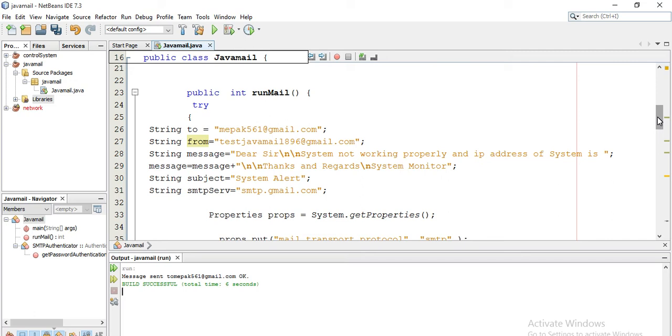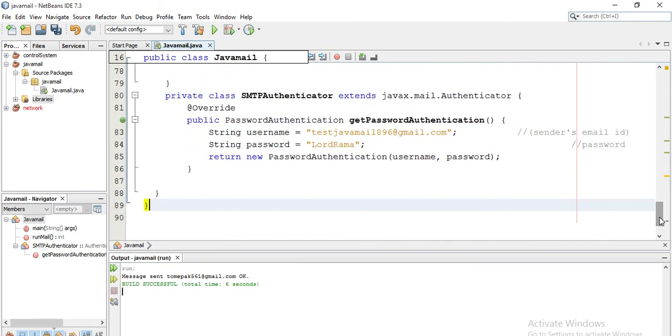But as I mentioned, if your Java application is going to send email from an address like testjavamail896@gmail.com, you must enable less secure app access, because due to security reasons, Google has enabled some security so that unauthorized applications shouldn't log in to the Gmail service.